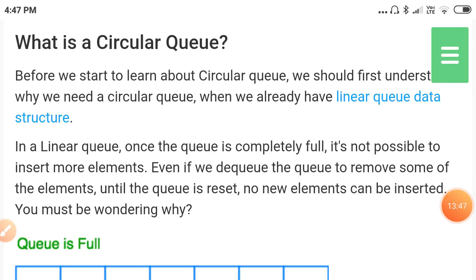So this is the material related to the circular queue. Thank you. In the next session we are going to discuss the priority queue. With this we finish queue introduction, linear queue and circular queue, and two more are there, the deque and the priority queue, which we will discuss in our next video.